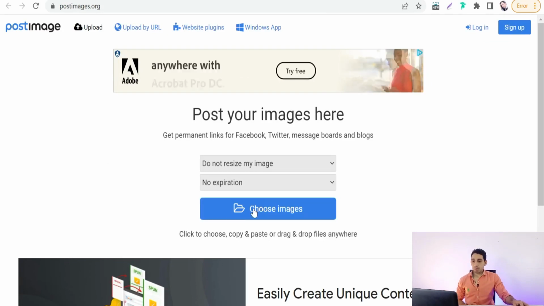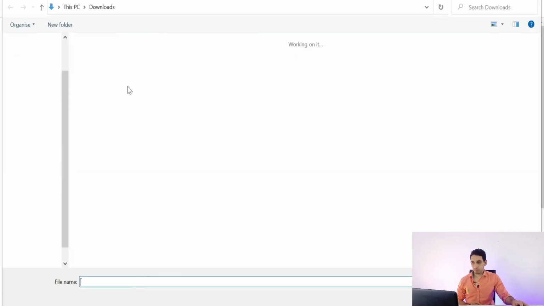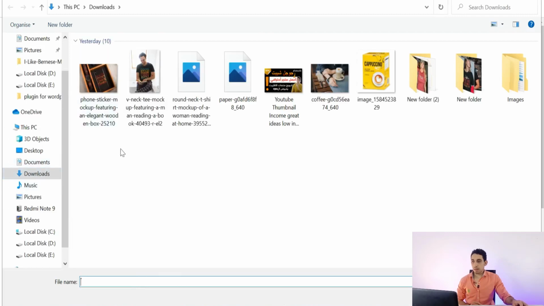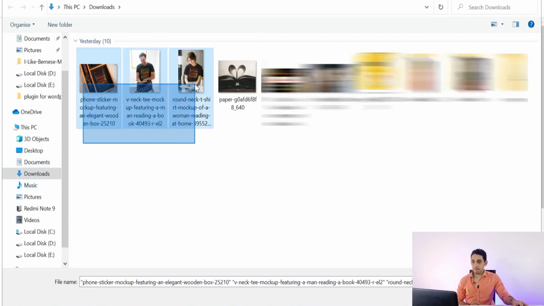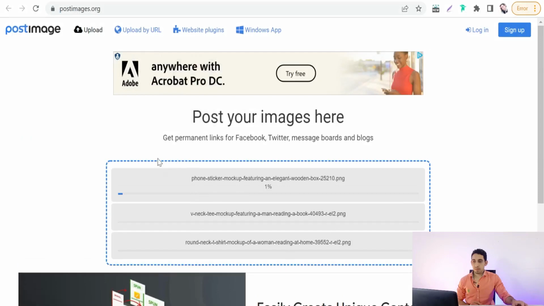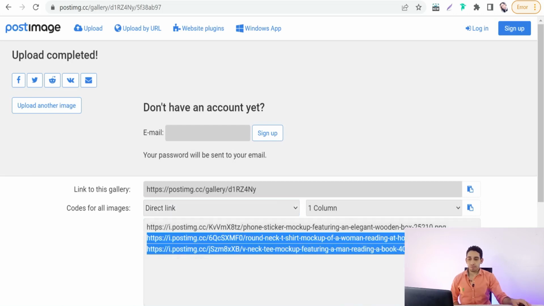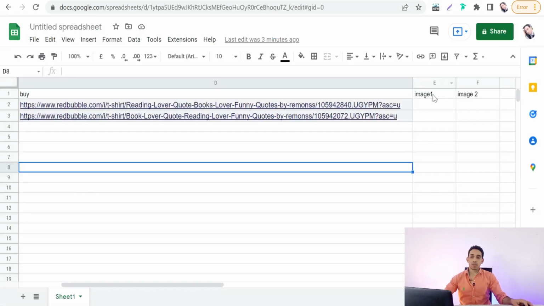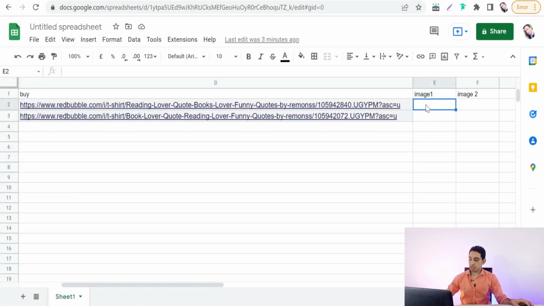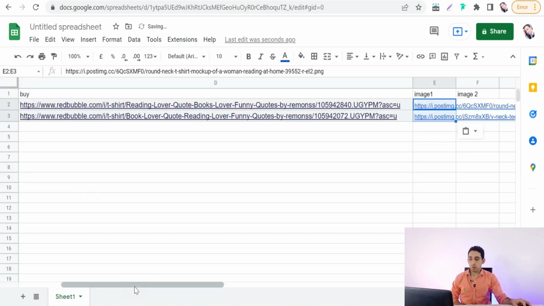So we can choose images, okay? Well, after uploading your images, make sure that you select this one, direct link, okay? This option, direct link, as you see here. And therefore you can copy the links of both products, okay? As you see, copy, back to our Google Sheet, and here on this column, image 1, just paste, okay,